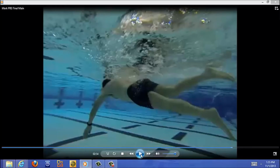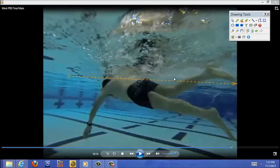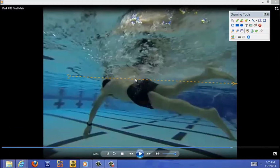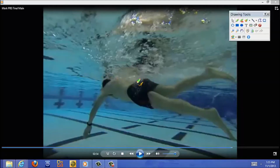Right, here you are. You're down a little bit deep in the water. Where's the water line? It's up here. Are you sinky a little bit here? Yes. Could you be higher? Yes. If you get into streamline position, will it bring all this up? Yes. All right. But here again, not a lot of knee bend, which is good, but there is some,